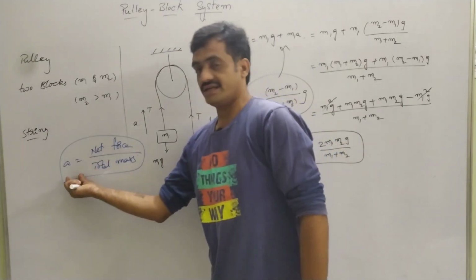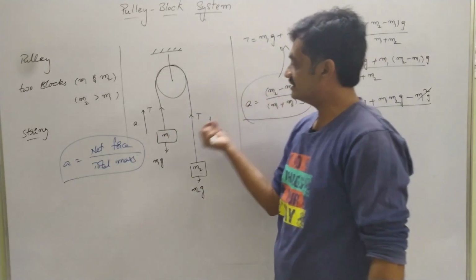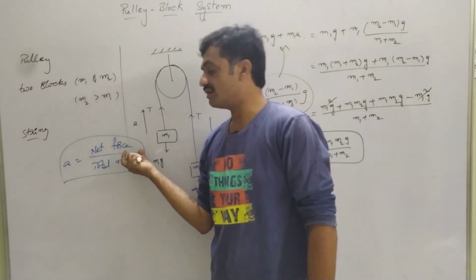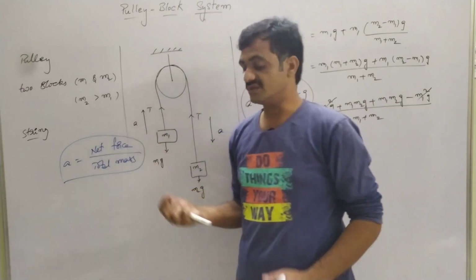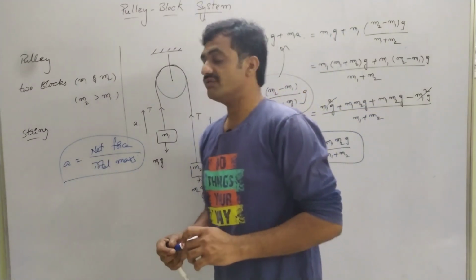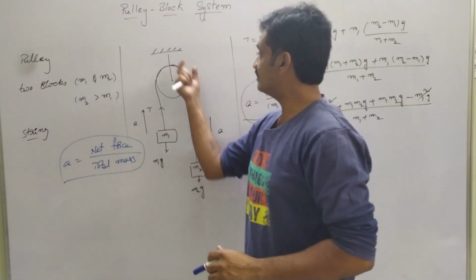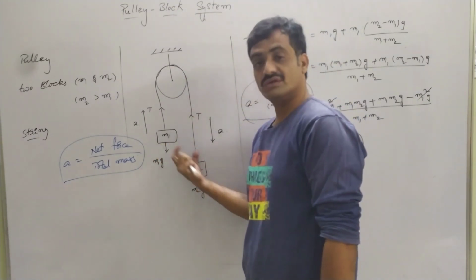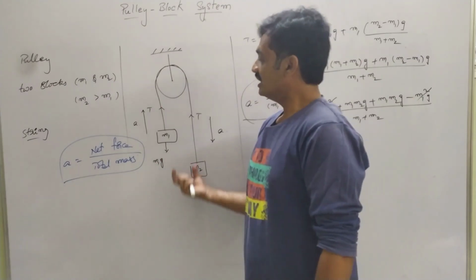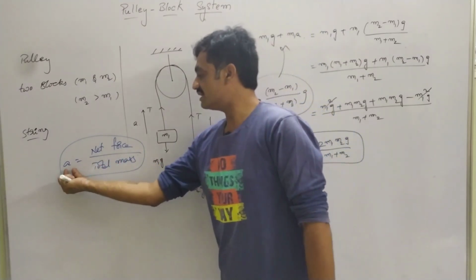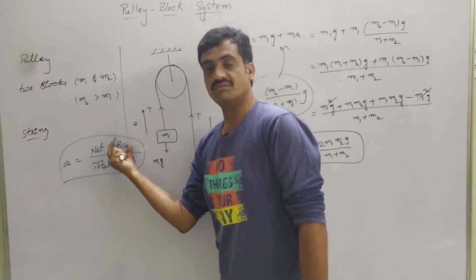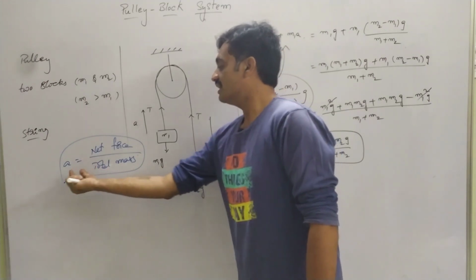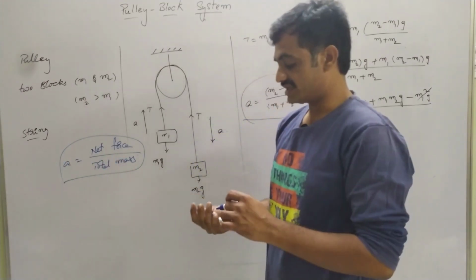We can apply this case. So based on this, we have represented that the acceleration of the pulley block system is equal to net force acting on the system by total mass of the system. So based on this equation, we can find the acceleration of the pulley block system in any case. Either we can have 2 blocks or 3 blocks, 4 blocks or 5 blocks. It might be any number of blocks. We can substitute the values in this equation by finding the net force acting on the system as well as the total mass of the blocks, and we can derive the common acceleration.